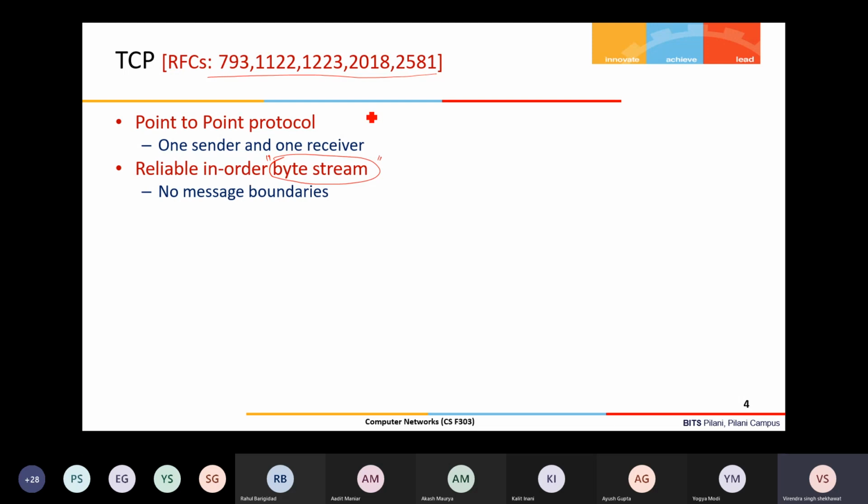The TCP data transfer looks like a continuous byte stream, byte by byte, where a byte is 8 bits. So a continuous byte stream is going. There is no message boundary at the TCP level; the message boundary is there at the application layer, right?